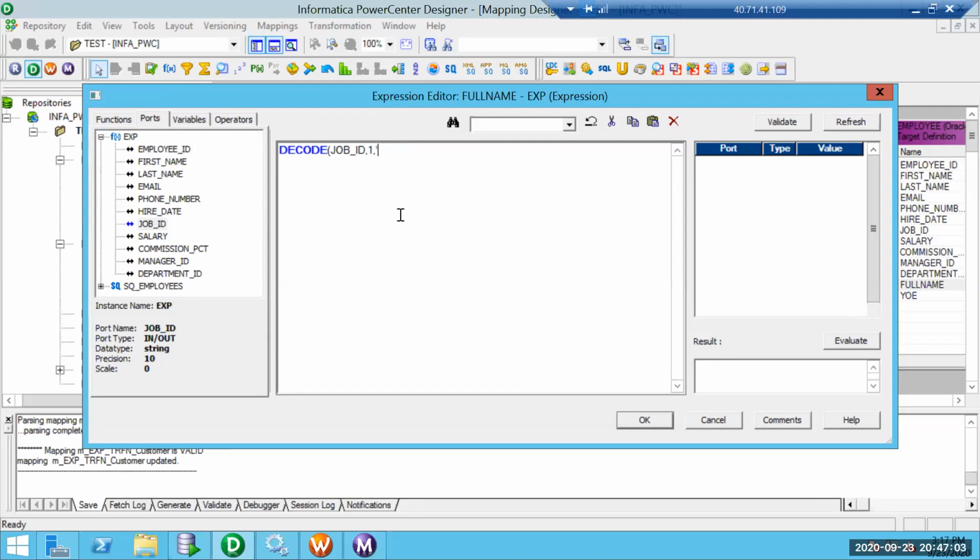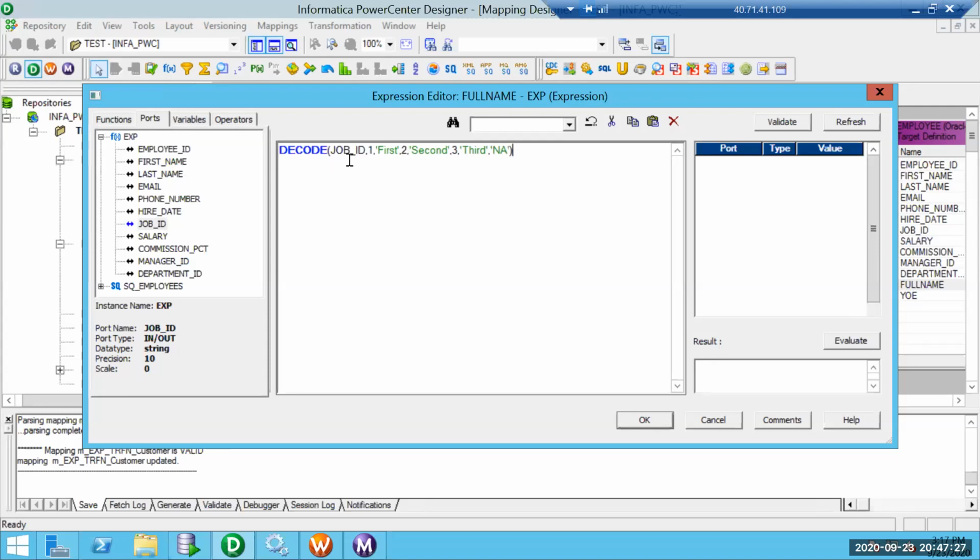When one, I'll populate first. When two, I'll populate second. We can have any number of values. 3, I can populate third. Then else, not applicable.